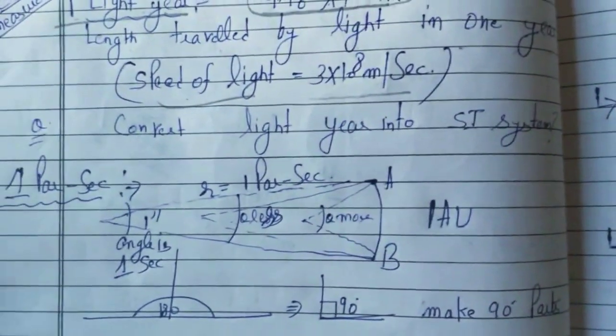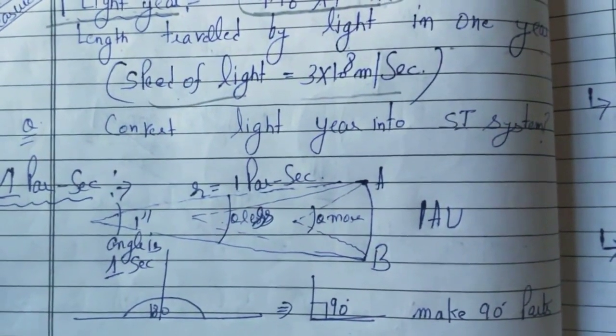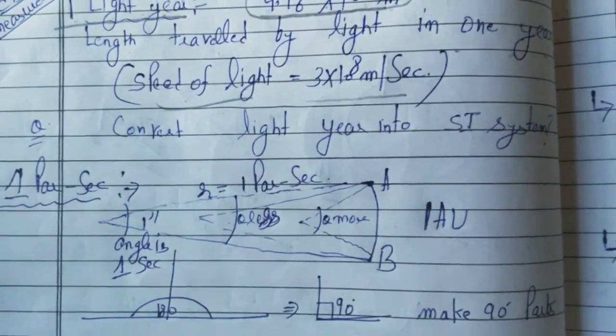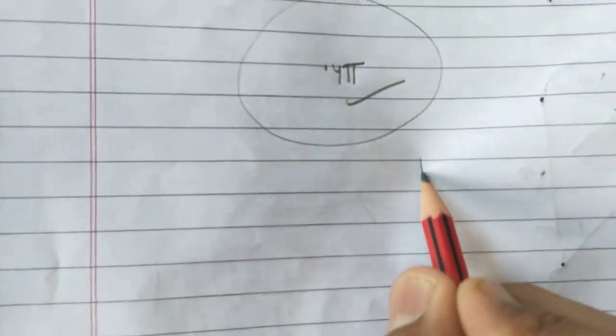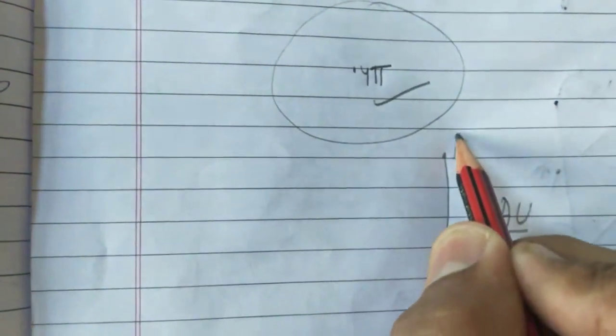Third, we are going to discuss the parsec, 1 parsec. This is also a practical unit of measurement of length. What is this parsec? Now we are going to discuss this. Take an arc of 1 astronomical unit. We have discussed what is meant by 1 astronomical unit. This is one end of that arc, and this is the other end of that arc.